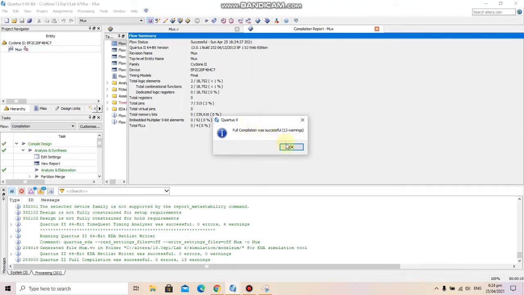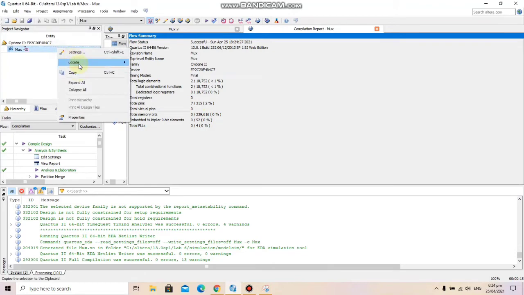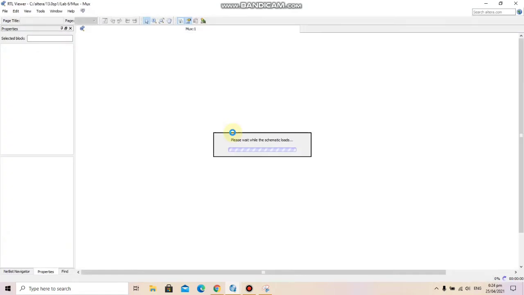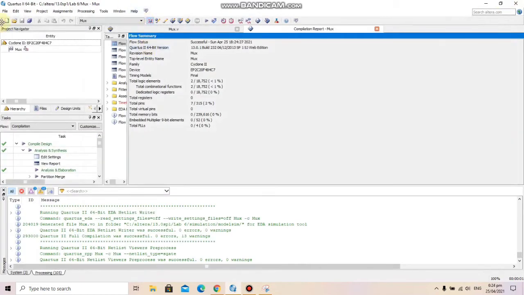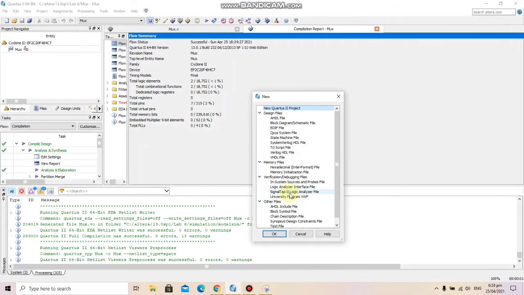Let's look at it in the RTL view. And now let's check the outputs.